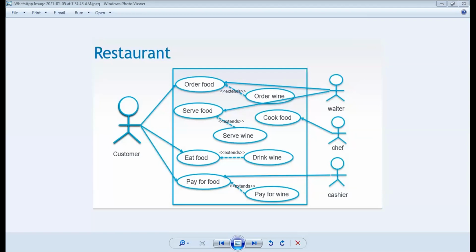Just one small problem, ma'am. Serve food should come down below cook food, or you can altogether delete that shape. It means the waiter knows where to get the food from. Cook food is a bit below serve food, which is theoretically not correct. Could you understand that? Because of the space constraint after cooking food, right? There was a space constraint, but yes, I can understand.